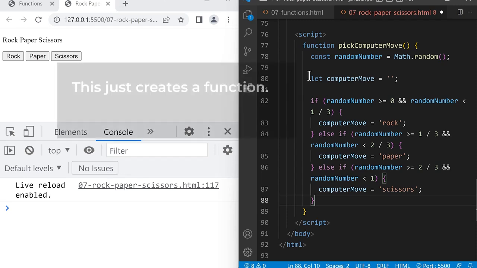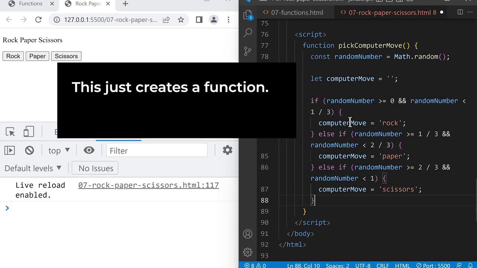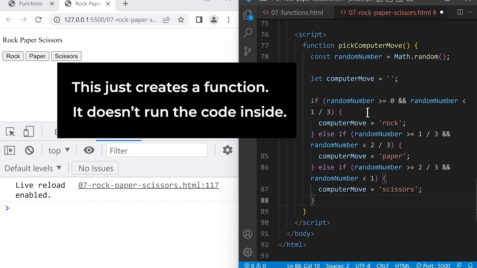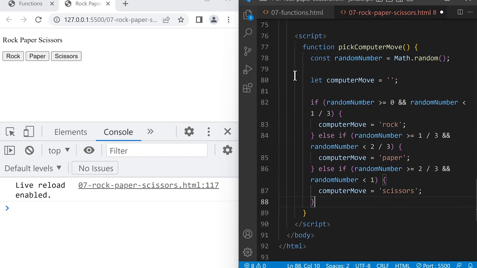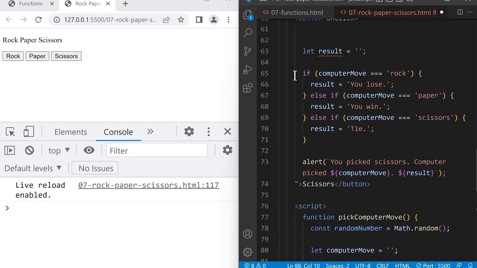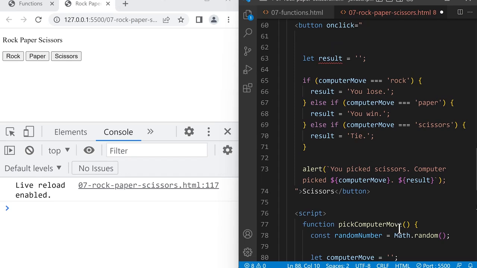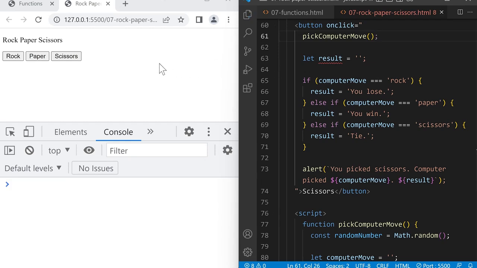Now remember, this code just creates a function. It doesn't actually run the code inside. To run the code inside, we're going to call this function. So let's scroll up to the scissors button, and we're going to call this function by typing the function name pickComputerMove, open bracket, close bracket, and semicolon. If we save and then click the scissors button,